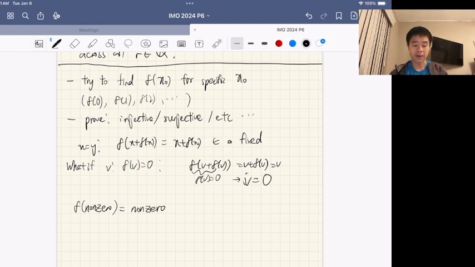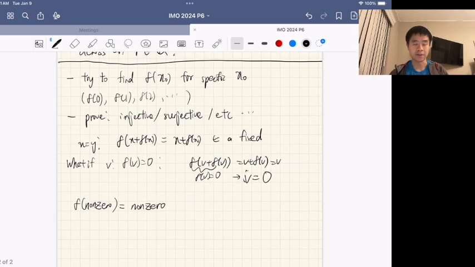Is it the case that there's such a number v such that f(v)...? Well, it turns out that the answer is yes, but proving that is actually a bit tricky. For one thing, you can first show that this function is injective, which indeed it is, but it does take a bit of creativity to notice that. So I will show you my way of doing that, which basically takes you a long route before